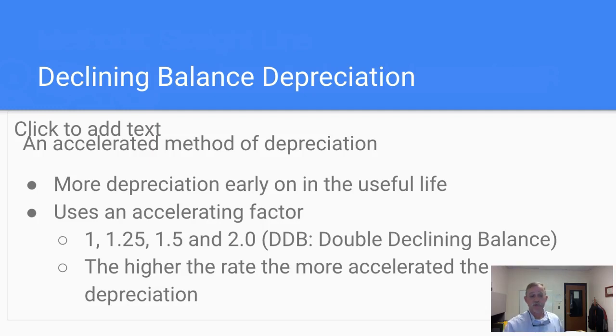Okay, the next type of depreciation that we would look at as far as managerial, and something that's actually fairly close to what they allow you to do from an income tax depreciation method, is called the declining balance depreciation. And this is actually a fairly easy type of depreciation method, but some of the pushback on using straight line